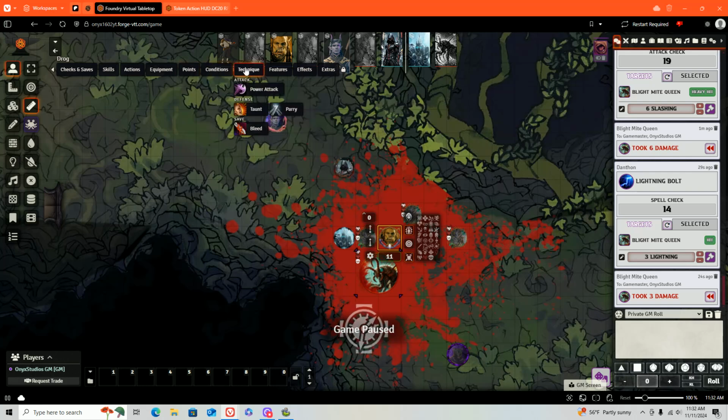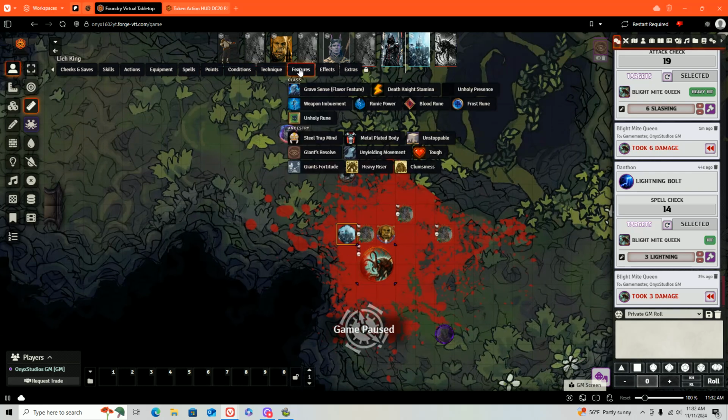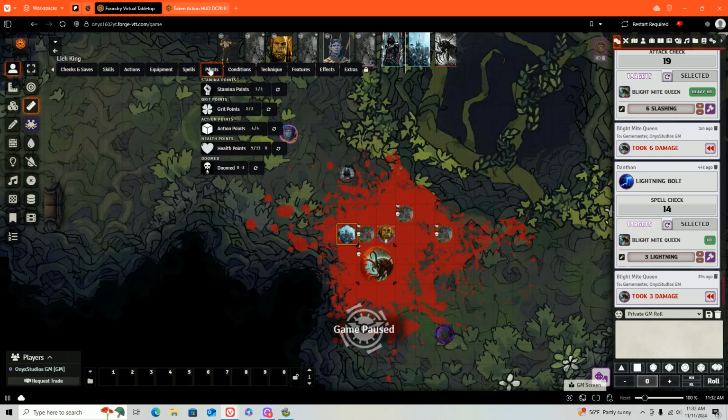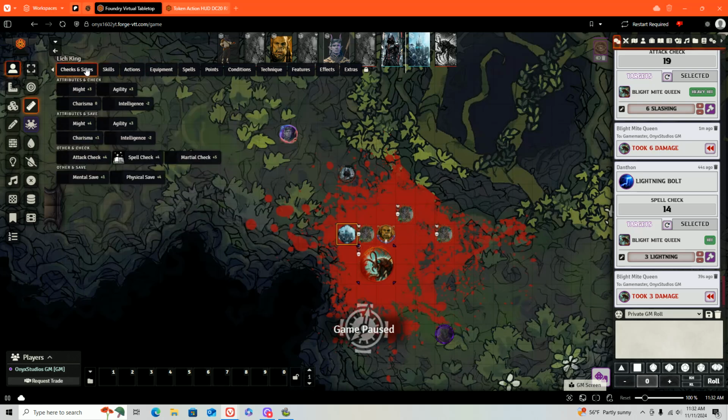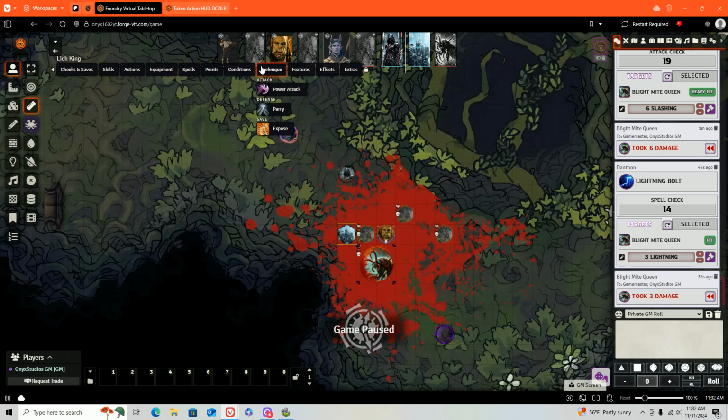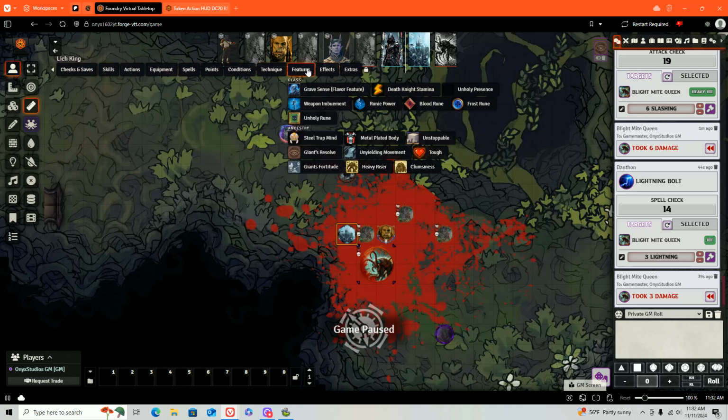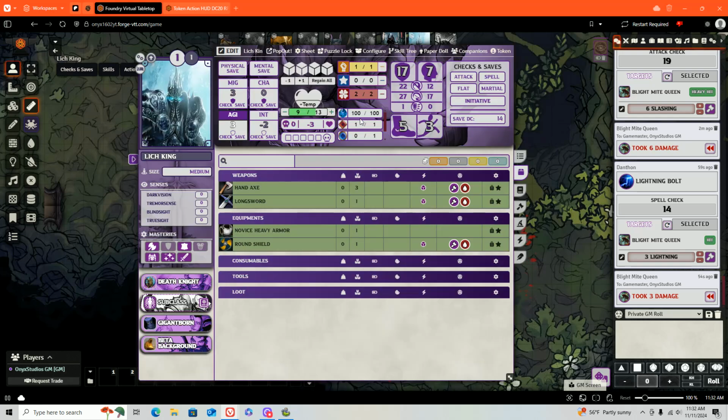Only complaint I might have, and I noticed this with my Death Knight here, is the fact it doesn't show me, if I go to like points, it doesn't show me my custom resources anywhere. That's like my only critique. If it would show me how many custom resources I had, so like if I open up my character sheet, you can see I have 1 blood rune, 1 unholy rune, 1 cold and 0 cold runes, but 100 rune